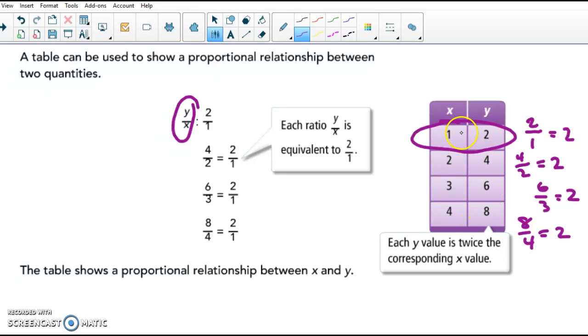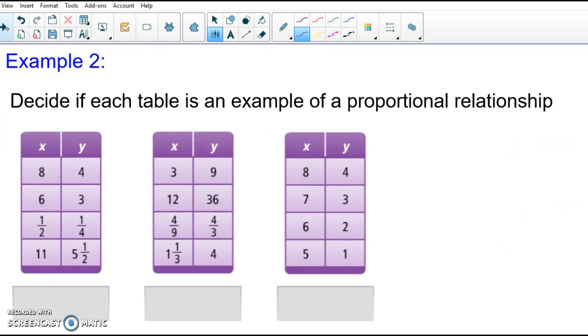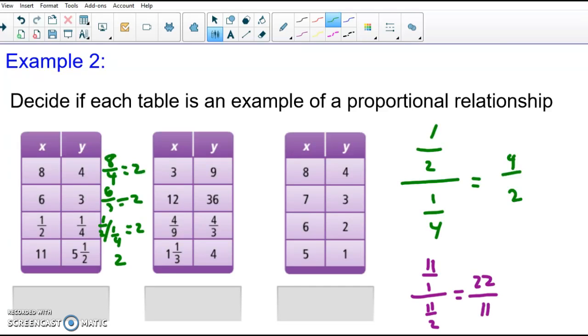Each y value is twice as big as its matching x value. So that's all I have to do to identify in a table: look at that y to x ratio and make sure it's consistent all the way through. So let's go ahead and pause the video and try that here on these 3 examples and then check your work. Looking at our first table,